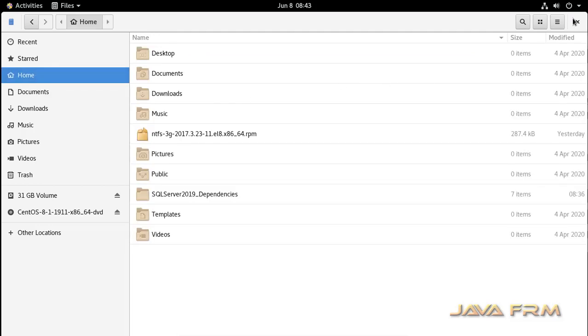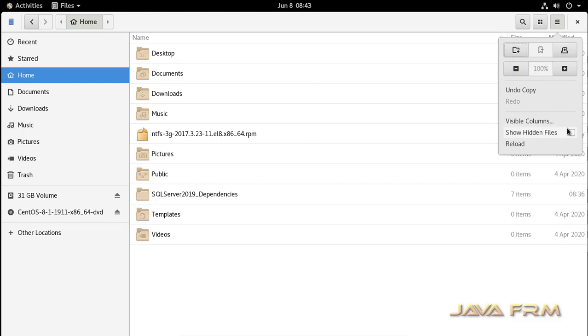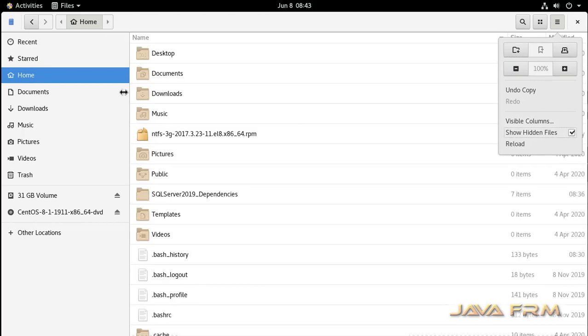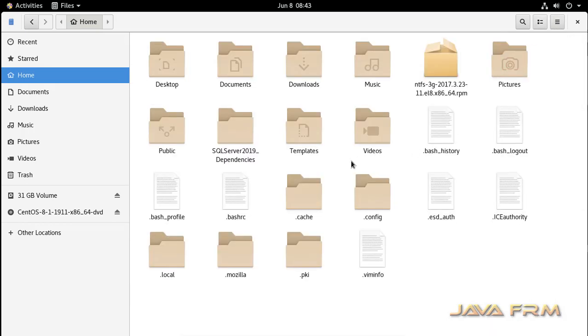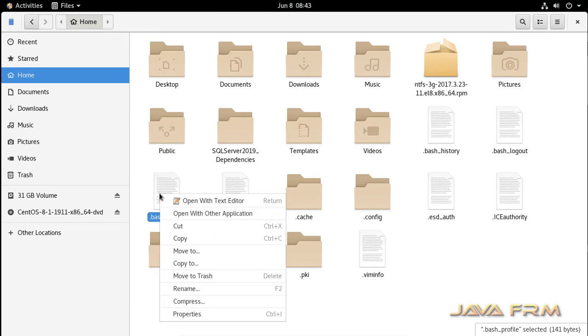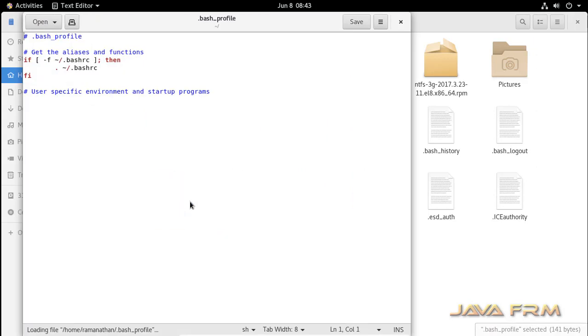Now let me go to home and show the hidden files. I am going to edit the bash profile settings of the current user.